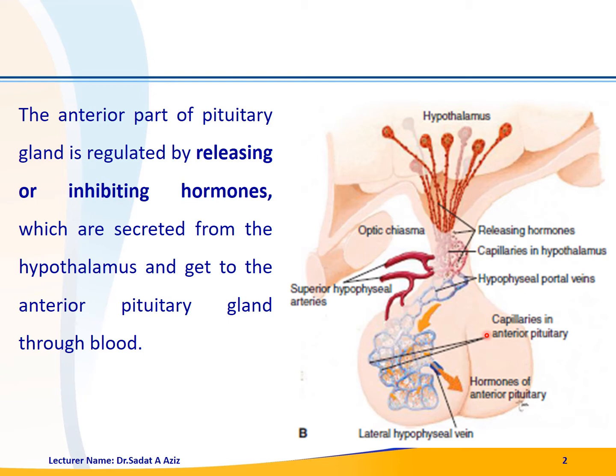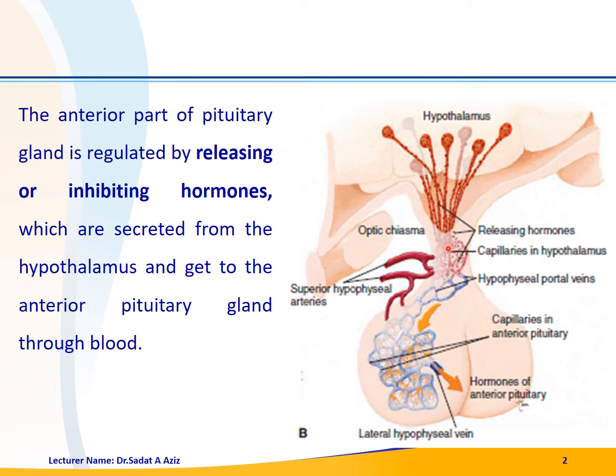It is a separate and totally isolated part from the hypothalamus, and it is indirectly controlled by the hypothalamus through some specific hormones which are called releasing hormones or inhibiting hormones. These hormones are secreted from the hypothalamus, and they can get to the anterior part of the pituitary gland